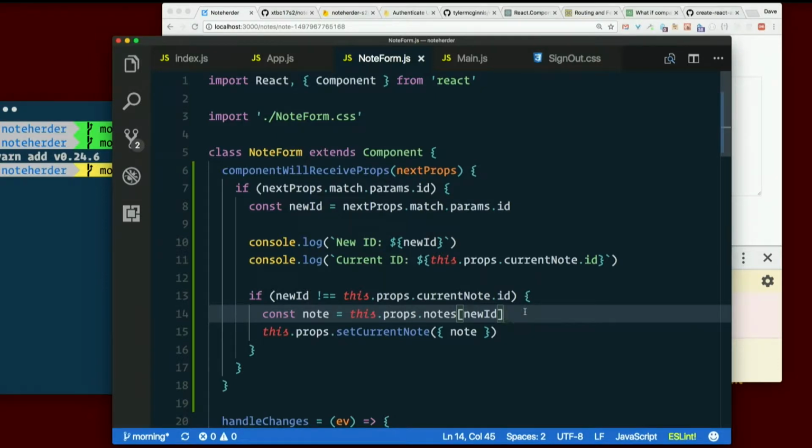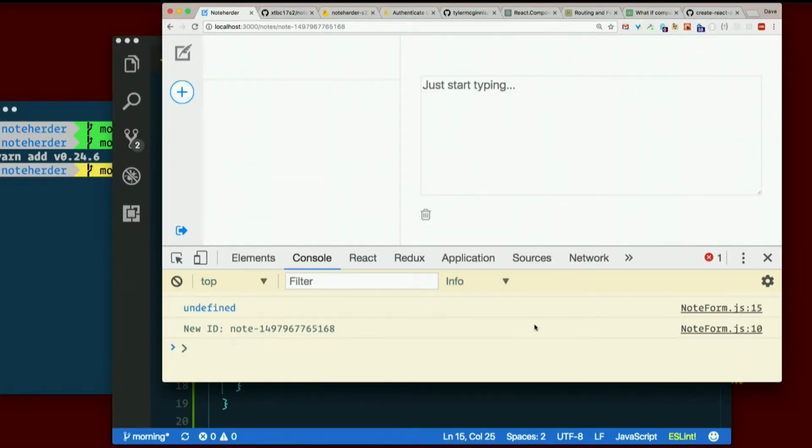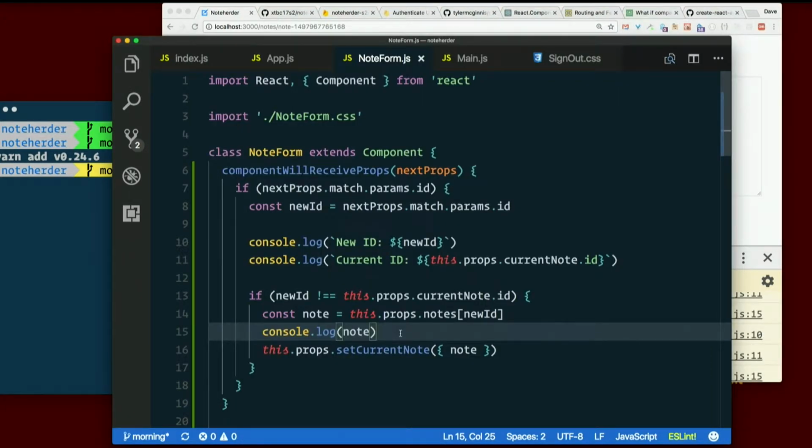It is because the props keep changing. So why do the props keep changing? And it keeps probably calling this. The current ID is never apparently getting updated. Set current note is a thing, right? So let's console.log note. Undefined. I did this.props.notes. I meant next props, but